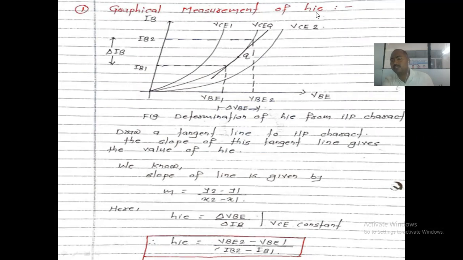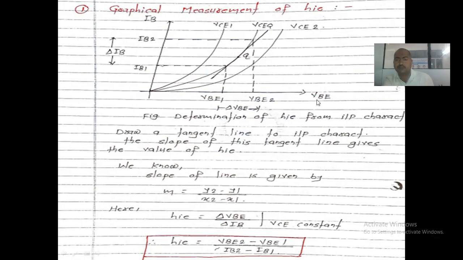So input impedance indicates that it is the ratio of V upon I. That is the important thing. But input indicates that this should be related to the input parameters. So input voltage is nothing but Vb, not Vc. Vc is the output voltage, so Vb is the input voltage. So it is the plot of input voltage, that is Vb, and the input current. Input current is nothing but the base current. So that's why it is a plot of Vb versus Ib.